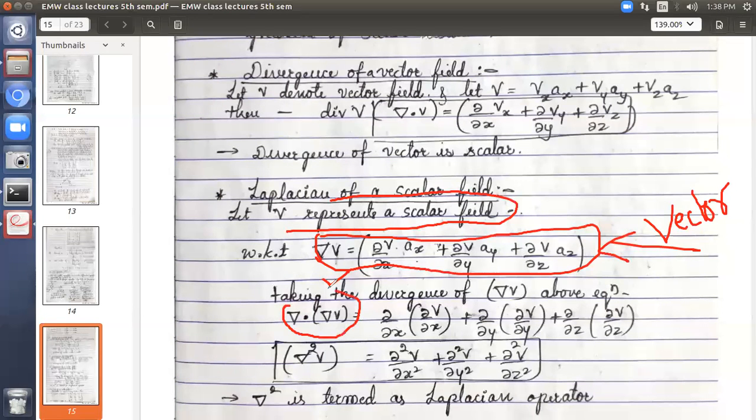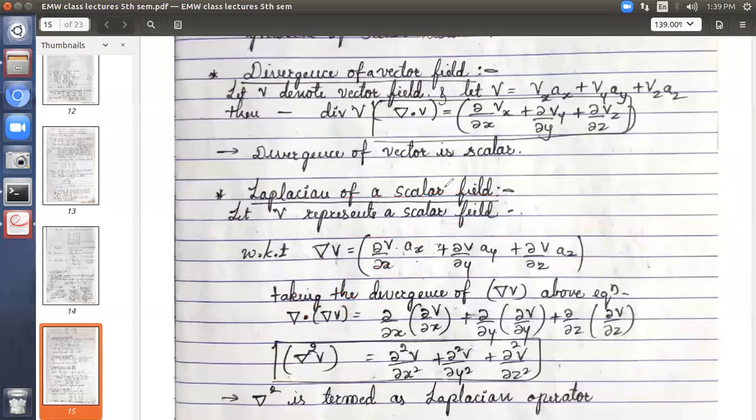Divergence is what? Del dot product of the quantity. Quantity is what? This. Then del is your dou by dou x, dou by dou y, dou by dou z, and already we have got this. So apply that, substitute that. And the LHS,